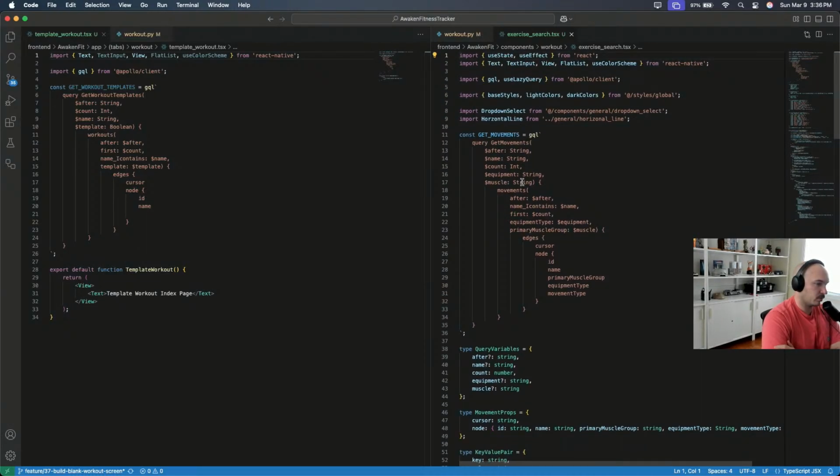So here's my GraphQL query. These are all the filter parameters that it takes in. I'm currently not using this after. So in GraphQL, you have this notion of a cursor. The cursor kind of tells you where you are in the data set. And so what you can do is